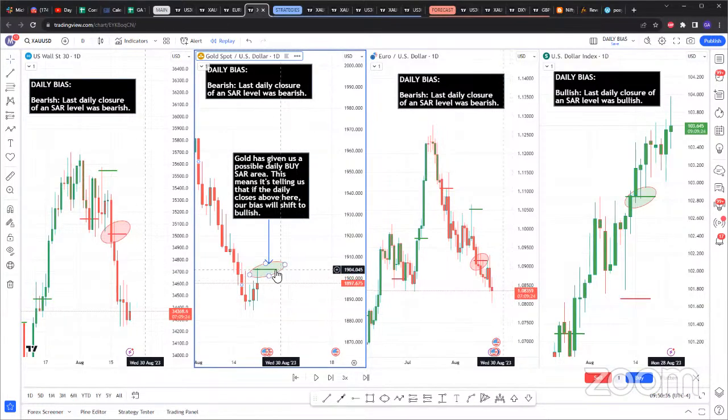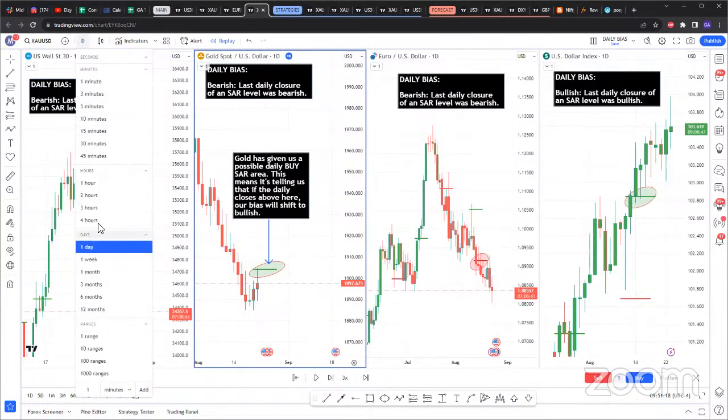Now, what's the probability that if we go down here to the 4-hour time frame, we will see a confirmation for a buy SAR? Keep in mind, for me, I just use the daily to find buyers, not to tell you guys that you cannot use the 1 hour to find your buyers. You cannot use the 30. You can, right? You can use the 30-minute to find your daily buyers. You can use the 1 hour, but just keep in mind, the lower the time frame you keep going, the higher the probability of this bias being disrespected. So you want to stick to higher time frames to find your daily bias. With higher time frames, the bias will be respected more with the SAR.